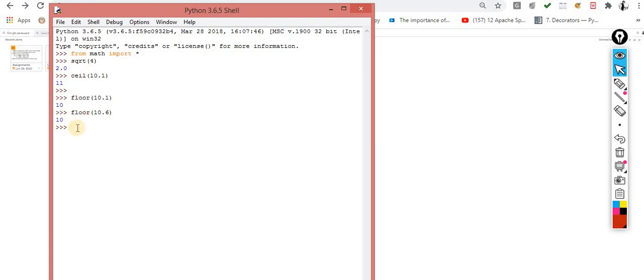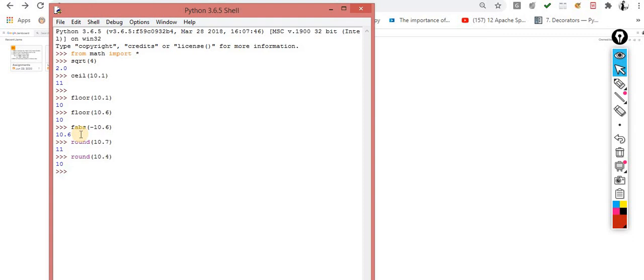There is one more, fabs. Let's suppose I am getting the data -10.6 and I want to convert this negative to positive. To convert the negative to the positive, I have fabs. Fabs is a function which will convert your negative value into the positive value. I think there should be one more, round. Let's suppose 10.7, this time round is a function which will convert 10.7 to 11, but 10.4 to 10, so round.